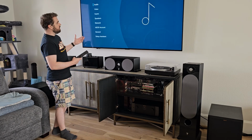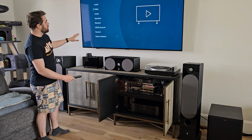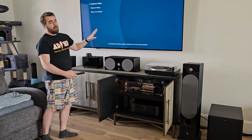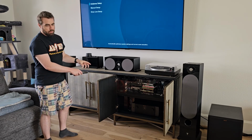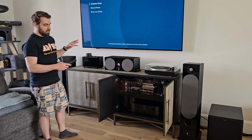So one thing that I love about this is that the interface is super intuitive when it comes to the on-screen display. So loads and loads of options here, and they're really easy to go through. One thing that I love about this, and you'll read tons of positive comments, is the Odyssey setup in here. It was really easy to put the microphone into the video receiver, set up my various points. It is a little loud, just FYI, if you've got kids or pets, they might not like the frequency that it sends out, but it makes setting up your speakers so much easier, and you get perfect tuning for surround